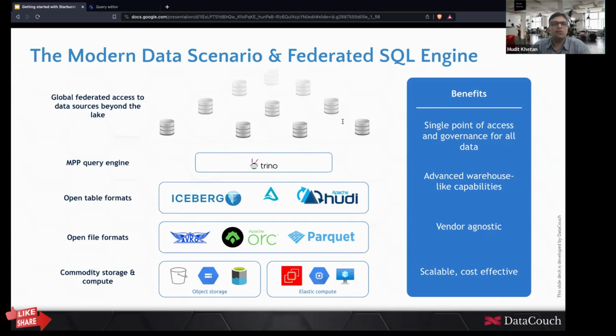You see global federated access to data sources beyond the data lake, a data lakehouse, and thousands of service providers across the domain providing different kinds of services, whether SQL databases, NoSQL databases, data warehouses, data lakes or data lakehouses. So you require a system that can process each and every one of those data sources as a single point of contact.